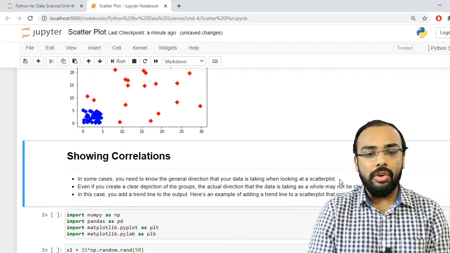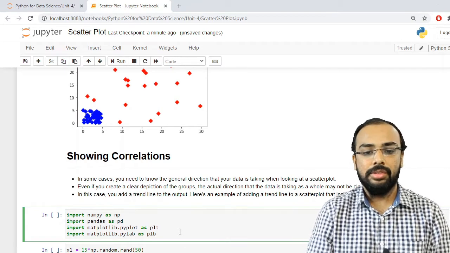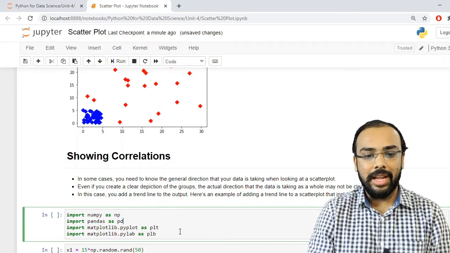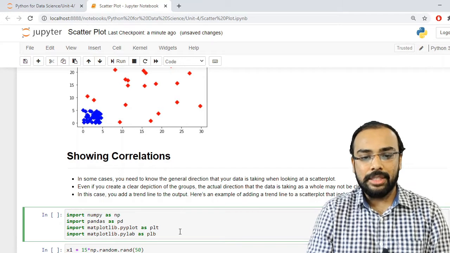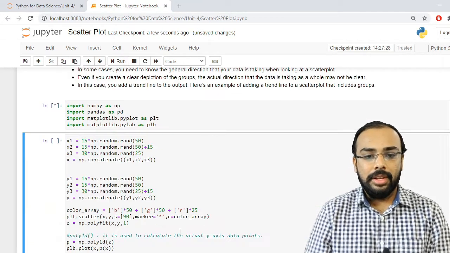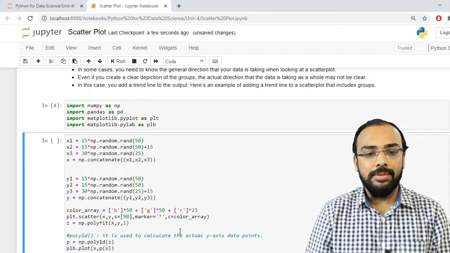First of all, I have imported the required libraries. For that I have used NumPy, Pandas, PyPlot, as well as PyLab. Now similarly I have to work with different types of data.